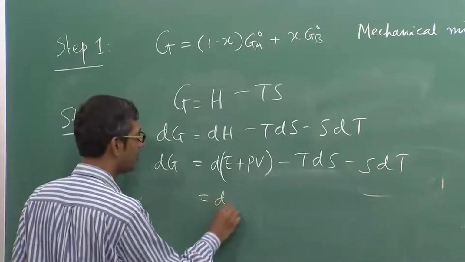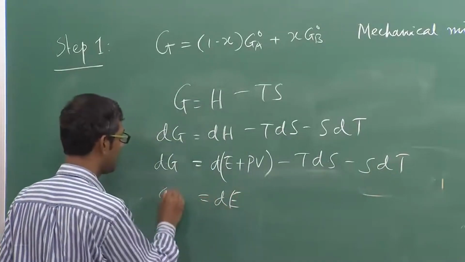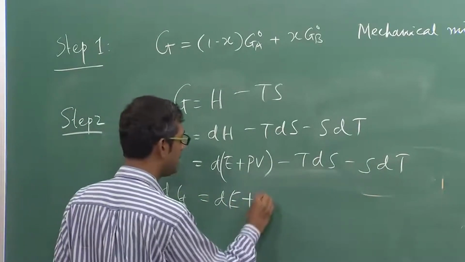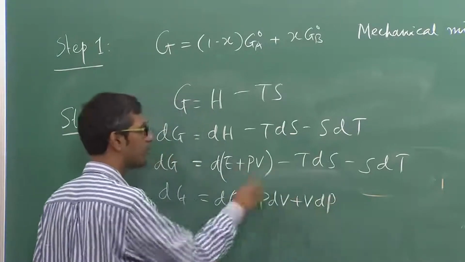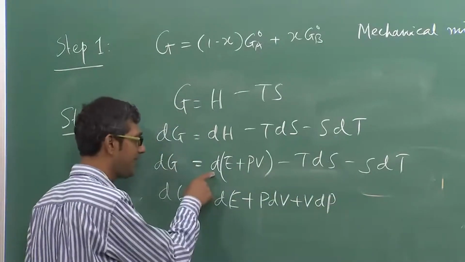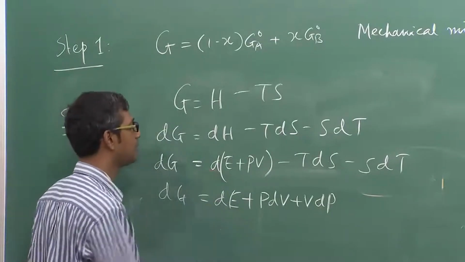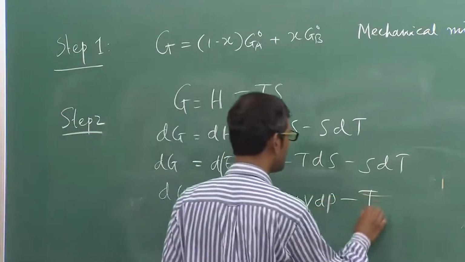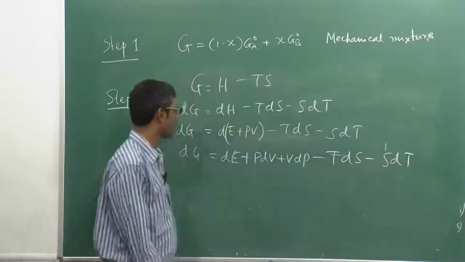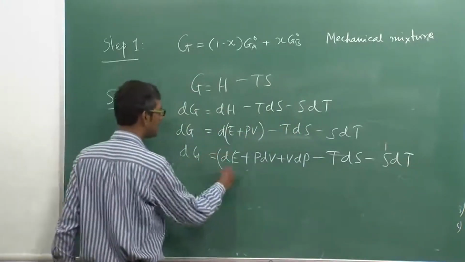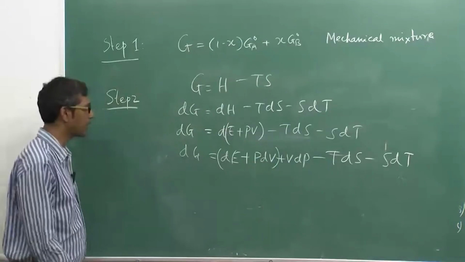So I can write dE plus PdV plus VdP, that is equal to the total differential of that. The moment d is put, that d means total differential, so it has to be differentiated through and through. Now we know that dE plus PdV, as per the first law of thermodynamics, is equal to